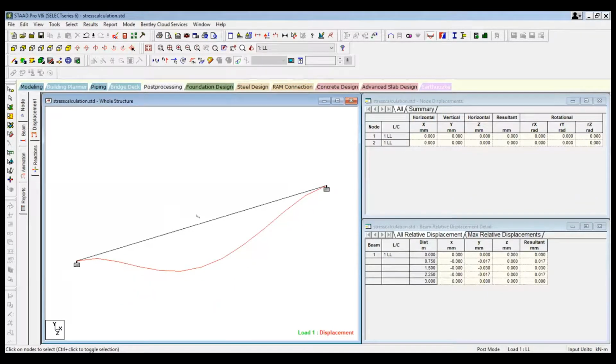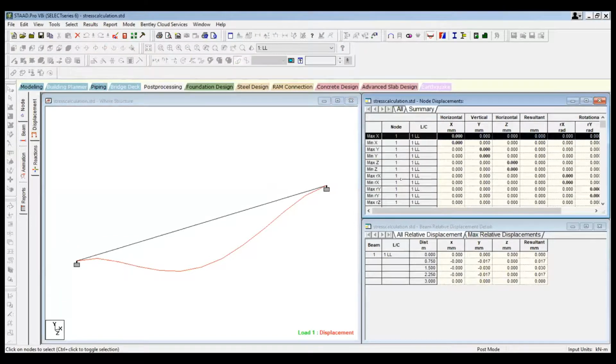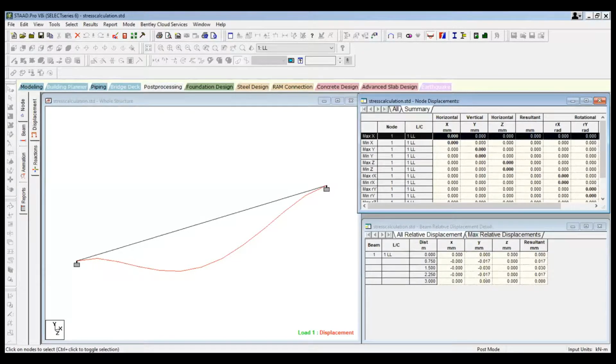Okay. So this is the deflection diagram, and on the right side, you have the table over here. Go to the summary, and you can see the deflections are not there at the supports. So the deflection is at the midpoint somewhere, which is 0.03.